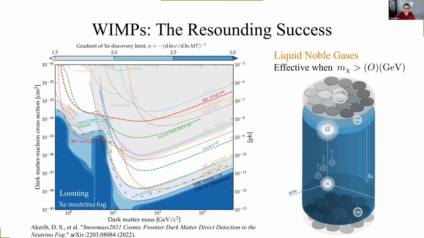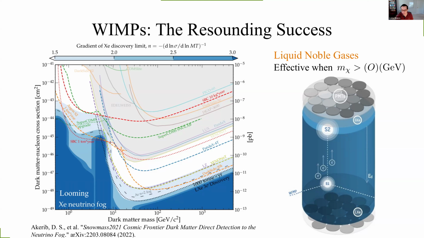And what's going to happen is, as these machines get more and more sensitive, they're going to start seeing signals from neutrinos that come from the atmosphere and the sun. And when that happens, that noise is going to be so bright to them that they're not going to be able to tell the difference between a signal and a neutrino very easily. The amount of time that they need to run their machine no longer scales linearly. You have to scale quadratically or to the third power, and so you get diminishing returns once you start seeing